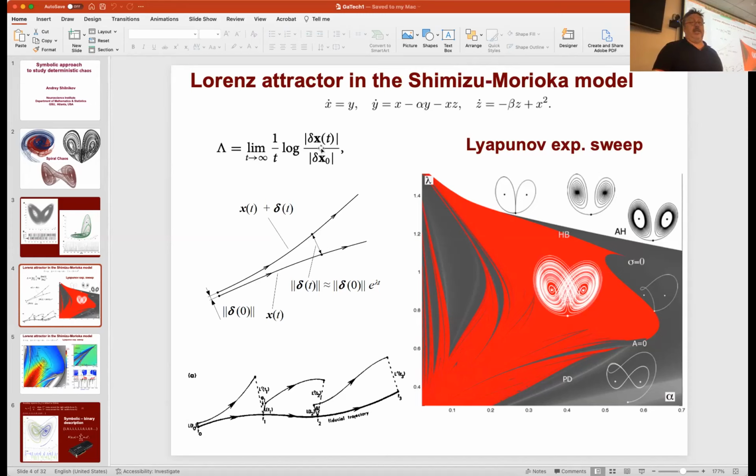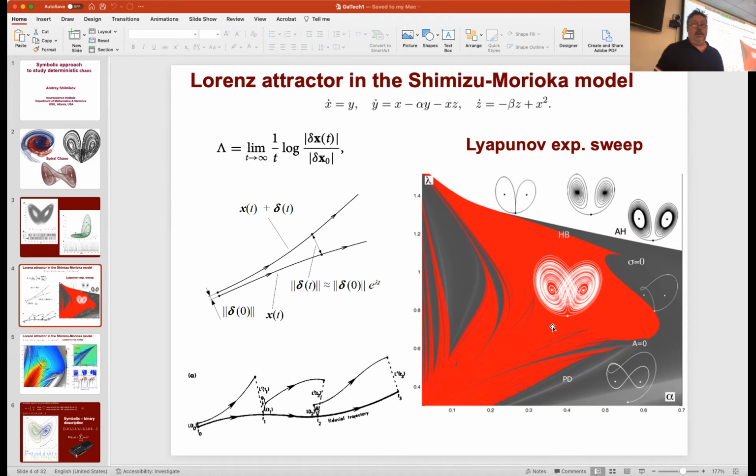If this ratio is less than 1, the log of this is going to be negative, and then you scale it by time, because the Lyapunov exponent is 1 over seconds or whatever. If on average the distance doesn't change, it means you're staying on a periodic orbit, and if the distance on average increases, then you are in this red area, which basically means that you have some kind of chaotic dynamics